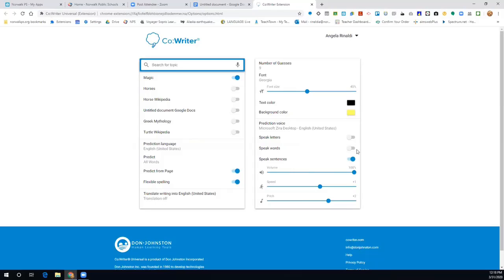For speak words, every time you type a word, it will speak the word. I usually keep it on sentences, so every time you put a sentence in, it will speak the sentence. Then I go over to the volume here. Okay. Now,